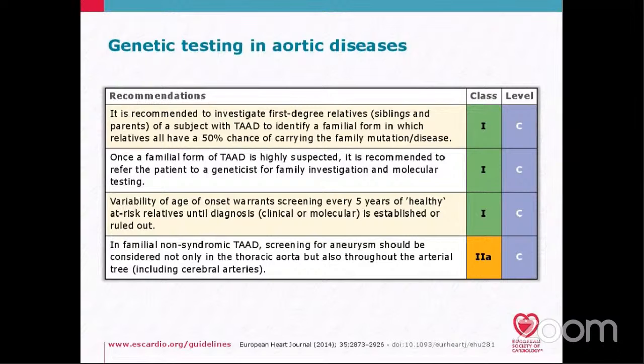Ehlers-Danlos, but this family has thoracoabdominal aortic disease, you should perform a screening for the aneurysm, as routine screening should be done through the entire arterial tree, including the cerebral arteries, not only the thoracic aorta, as you know, by